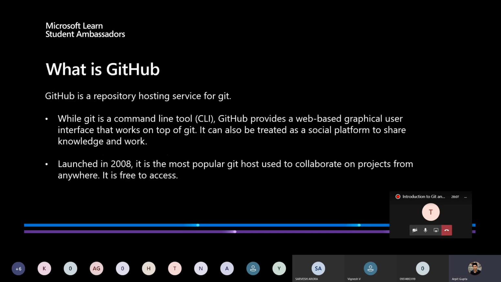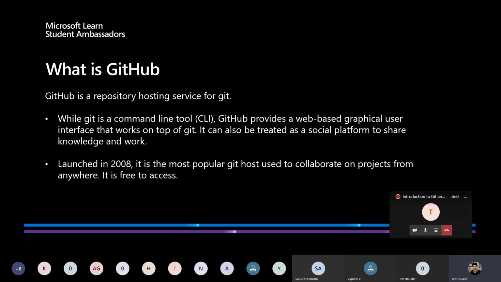Now let's also see what exactly GitHub is. GitHub is a repository hosting service for Git. If you have not heard this word repository before, don't worry, I'll be discussing it in the next slide. But for now, you can just consider that a repository is a single place where you keep all your project files.